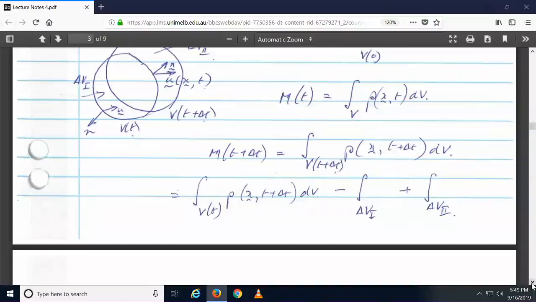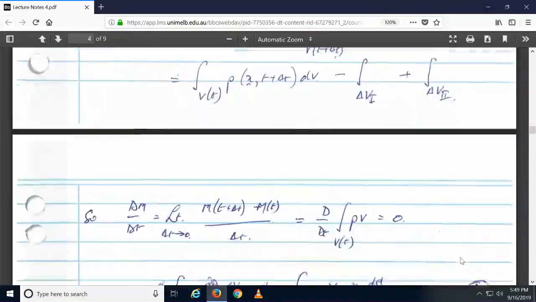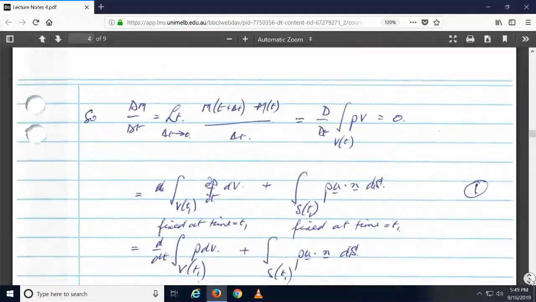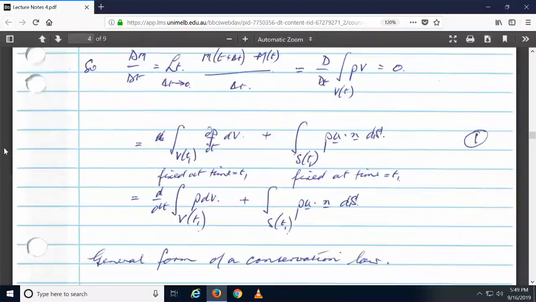So that's how you do it, and then dm dt is by definition the limit as delta t goes to 0 of the mass at t plus delta t minus the mass at time t divided by delta t. And that's what I mean by d dt of the integral of rho dV of the volume, which is a function of time. And that has to be 0. And when you do all of that, you can quickly show to leading order that